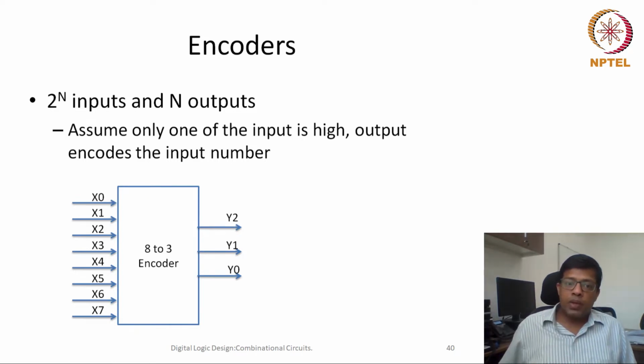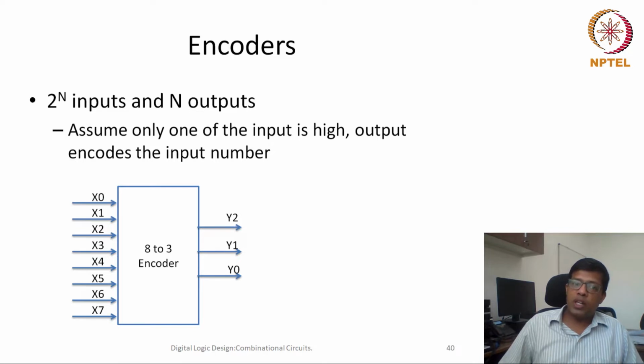One option is to create a K-map with 8 inputs, but I have not taught you, and you don't know, how to create a K-map with 8 inputs. Similarly, we have been told clearly that if you are going to solve a K-map with 8 inputs, it's going to take a lifetime. So how do we do things? Here the good thing is that we know only one of them is 1 at one time.